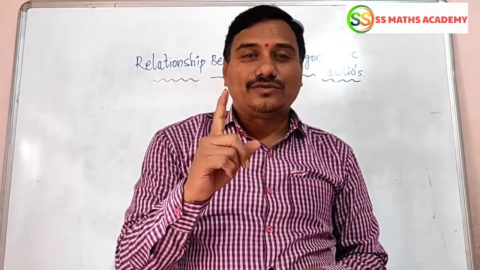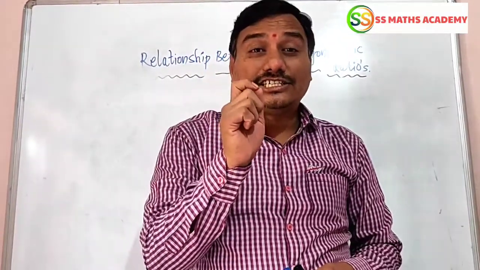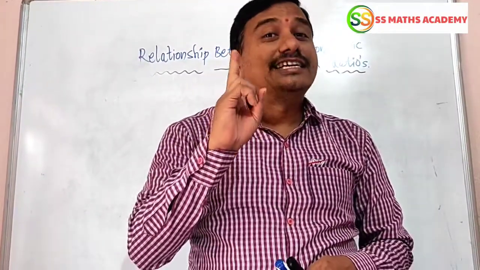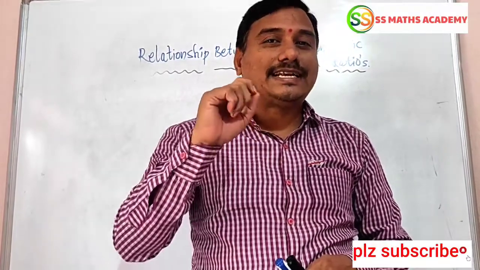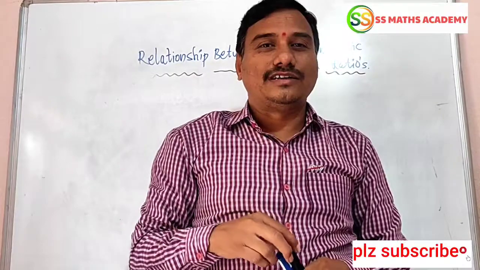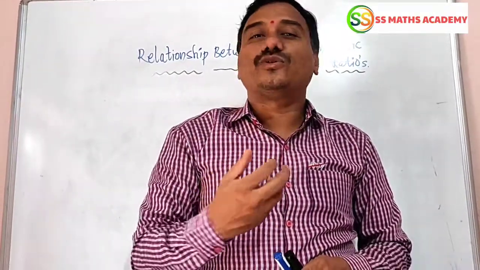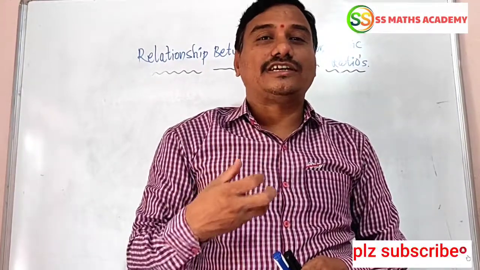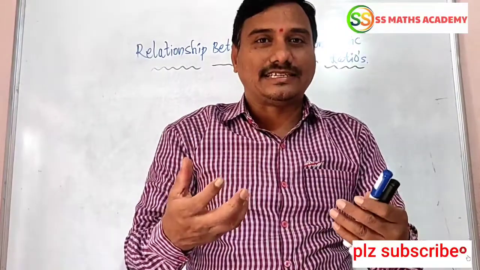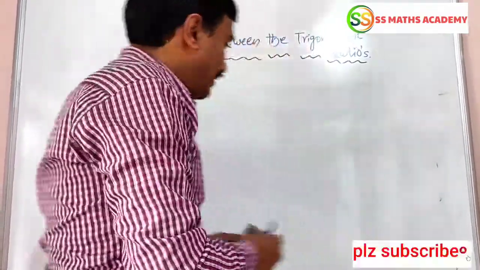In the first note we discussed the reciprocal relationship between certain trigonometric ratios. Second note, express tan theta and cot theta in terms of sin theta and cos theta. Now today, the third one: the value of sin and cos theta is less than 1. And the fourth note is, for the convenience of sin square theta, cos square theta, sin cube theta, cos cube theta, in what way we have to write them for the convenience of our problems. Let us see that explanation.